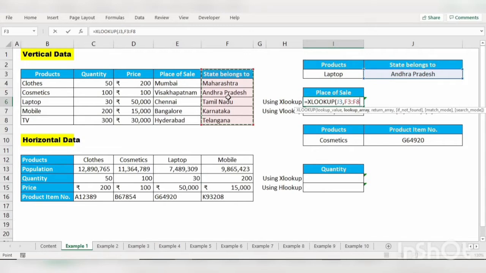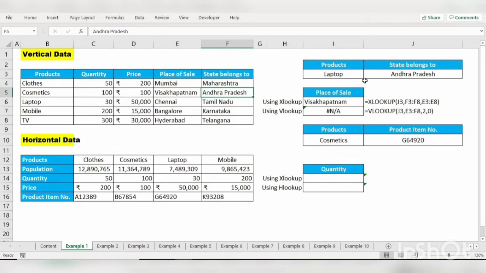We have to select only that array. The place of sale is the required field, so that is the return array, and I am going to close the bracket. Now here you can see state belongs to Andhra Pradesh, place of sale is Visakhapatnam. Tamil Nadu, it will throw Chennai. Here we cannot pull data from right to left with VLOOKUP.